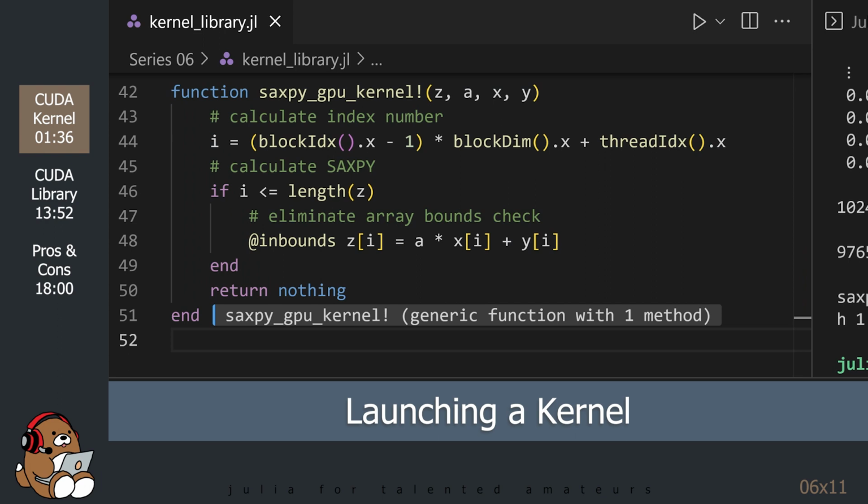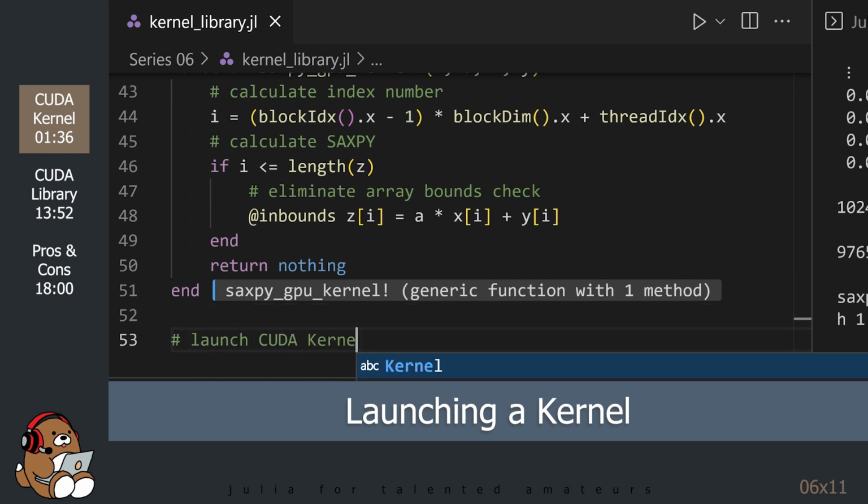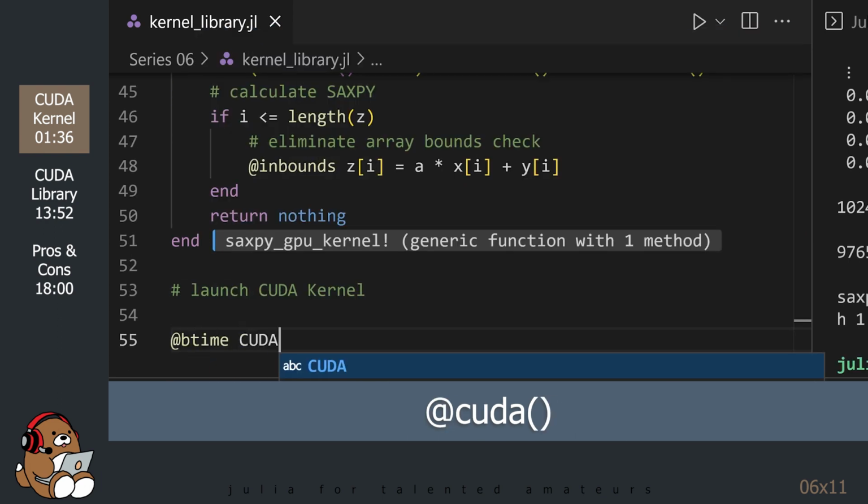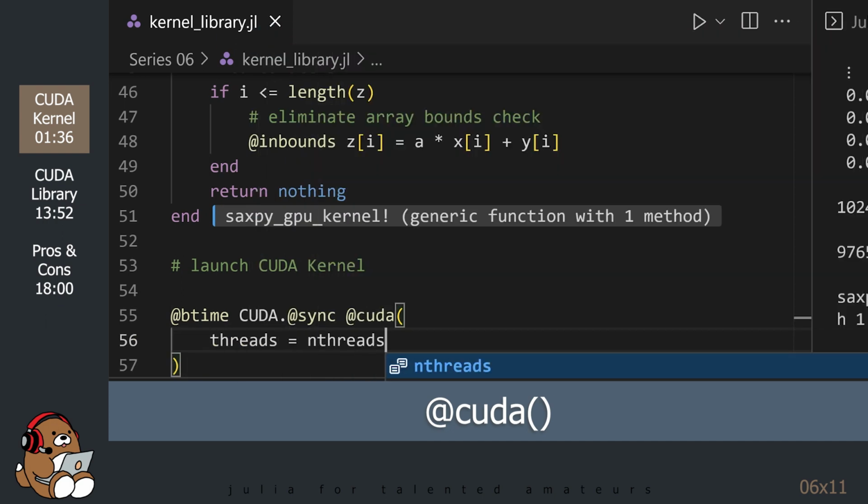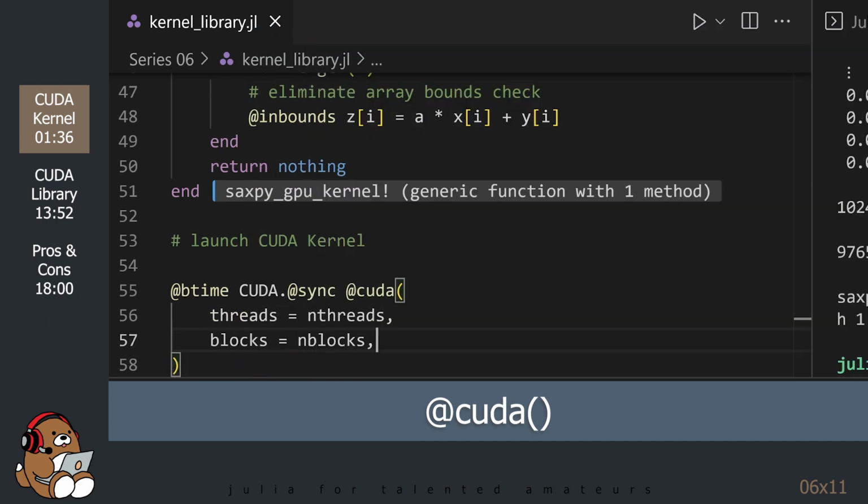Okay, now that we've defined our CUDA kernel, we're ready to run it and record the time. Executing a CUDA kernel is called launching a kernel. We can launch a CUDA kernel by using the CUDA macro, while including the number of threads per block and the number of blocks per grid.